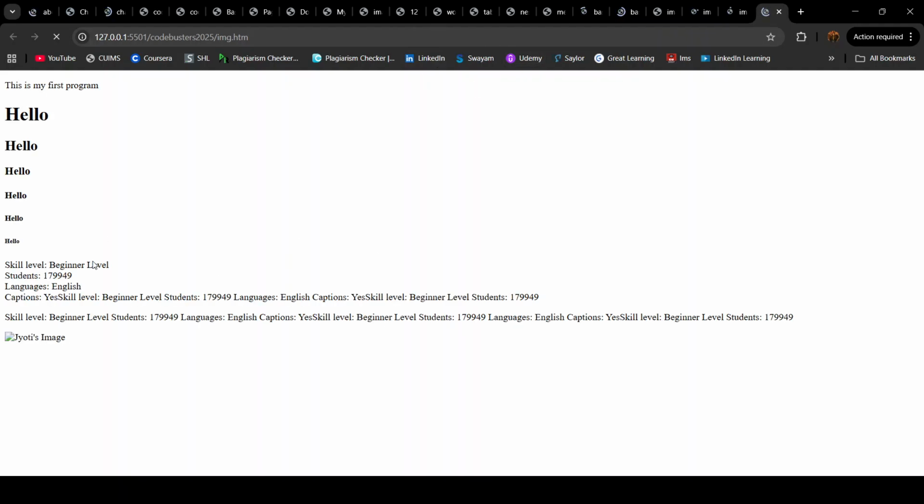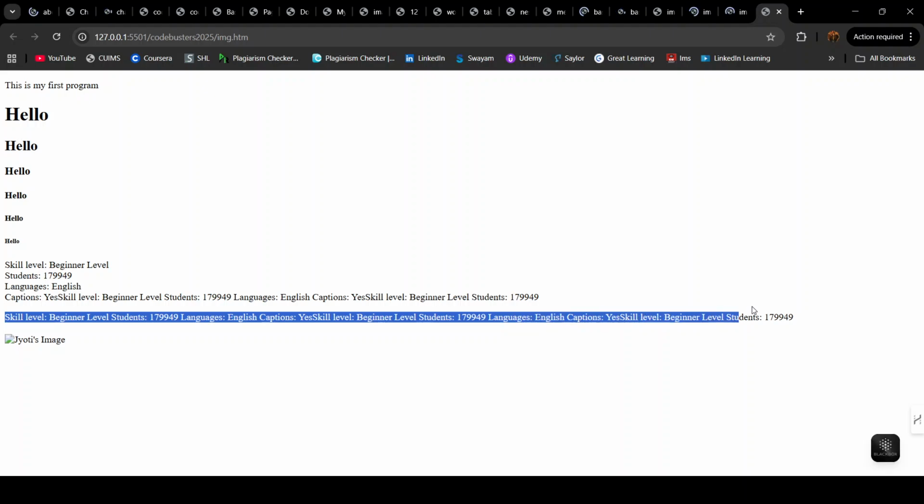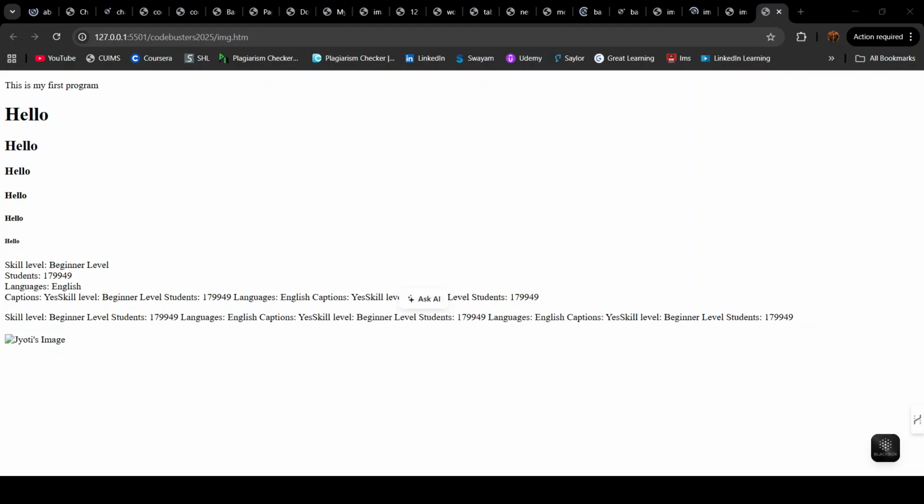See, now after beginner levels, there is one line gap, and one line gap each, because we gave three BR tags. The content where we have not used the BR tag is all in one line. And there is one more tag, if you don't want to go with this